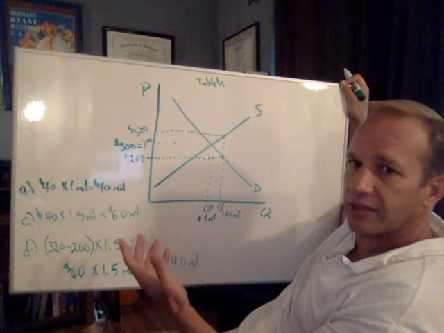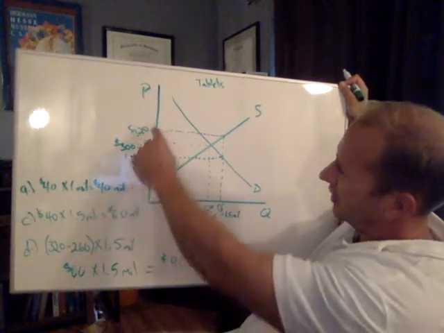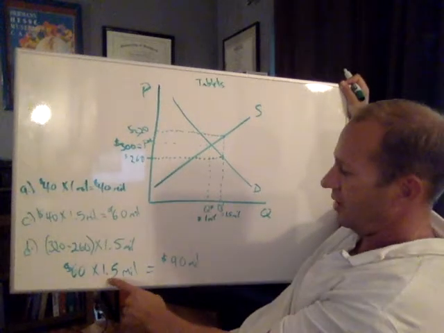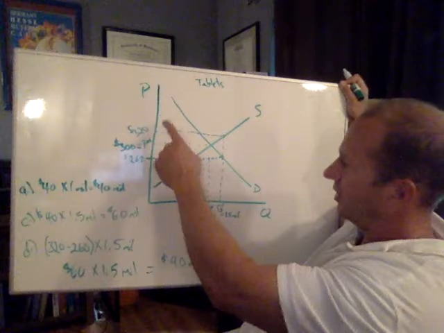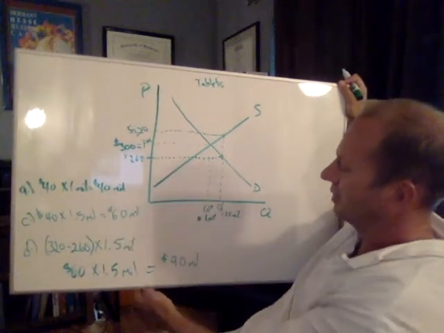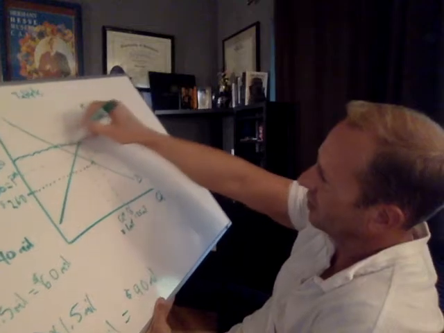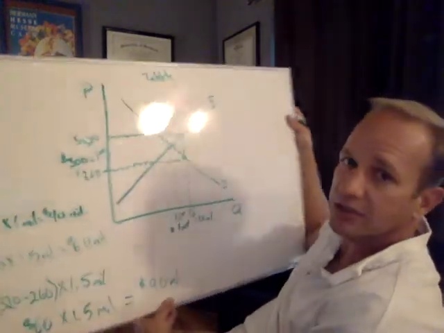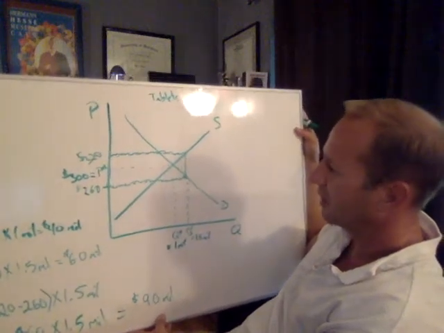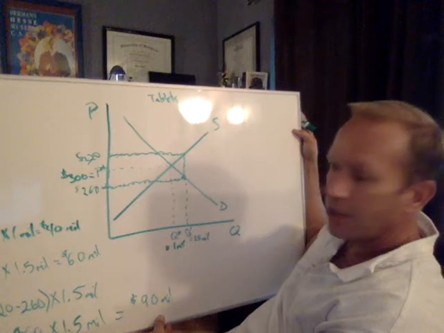is just a rectangle. Notice here you have a height of a rectangle, $60, and here you have the width of a rectangle, the length and width or base and height of a rectangle. And so this area on all of these, as far as subsidies go, this rectangular area right here is how much it costs the government to subsidize the good in the market that we're talking about. And I think we've answered the heck out of that question.